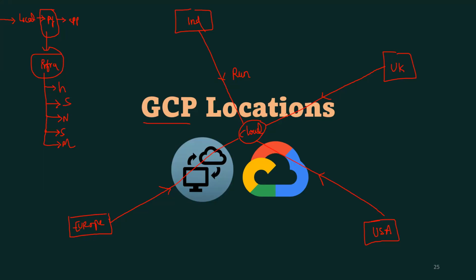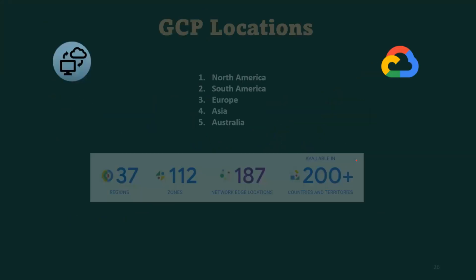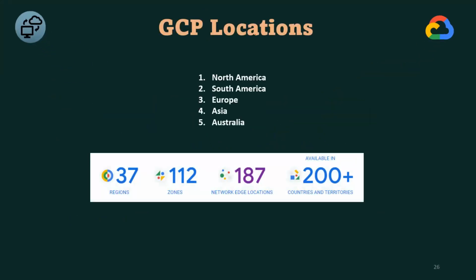Google's infrastructure is divided into multiple locations. Google has five locations: North America, South America, Europe, Asia, and Australia. All of the infrastructure that I was saying,